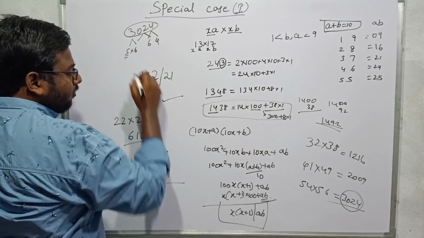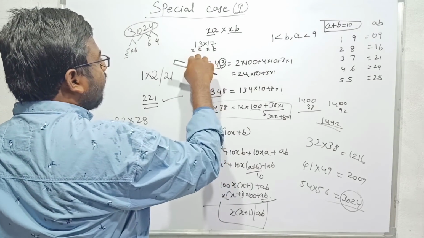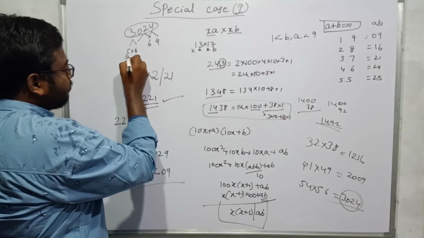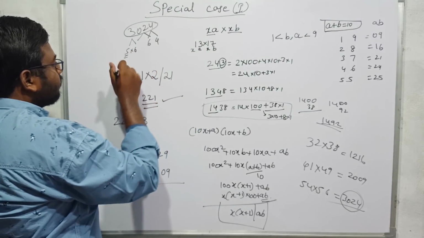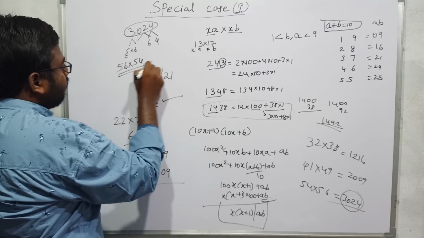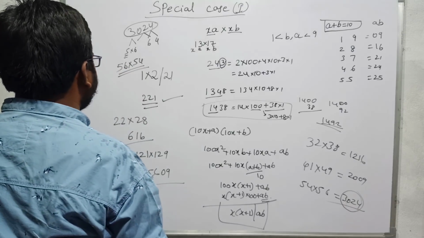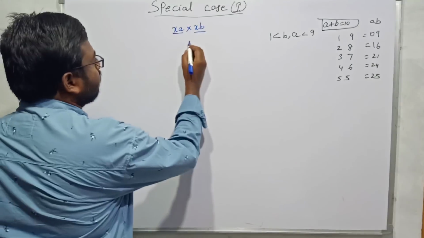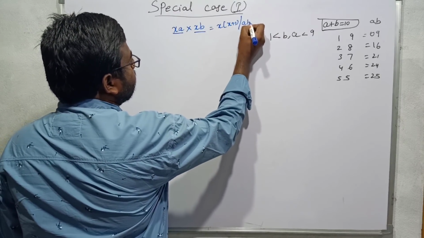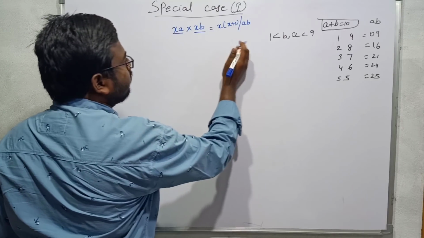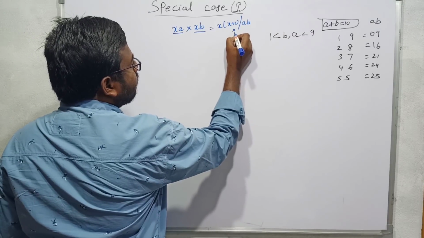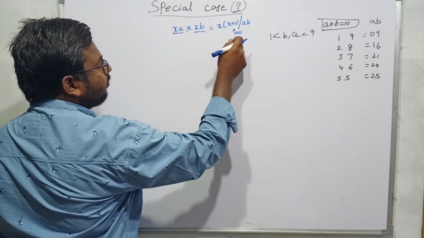So here we got x and we are getting x plus 1. So 5 will be the small number, so 5 6 5 4. You can take 5 6 5 4 also. This result is x into x plus 1 beside ab. This is not a slash, this is beside. That means if a and b are single digit numbers, then this will be multiplied by 100. That means x into x plus 1 into 100 plus ab.